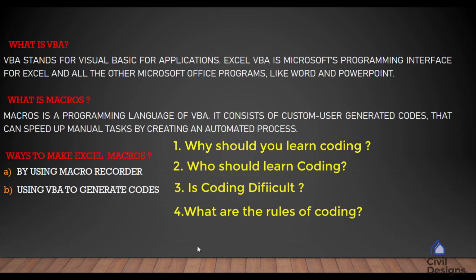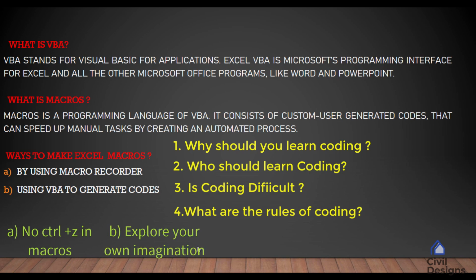Rule number 1 is there is no Ctrl Z. This is the most important rule of coding. The major drawback of an Excel macro-enabled file is that once you run the code, there is no going back. It is permanent. So you must be very careful before you run the code. Be sure to debug it step by step, which we will learn how to do. Also, please always keep a backup file. This way you can always get your previous data restored.